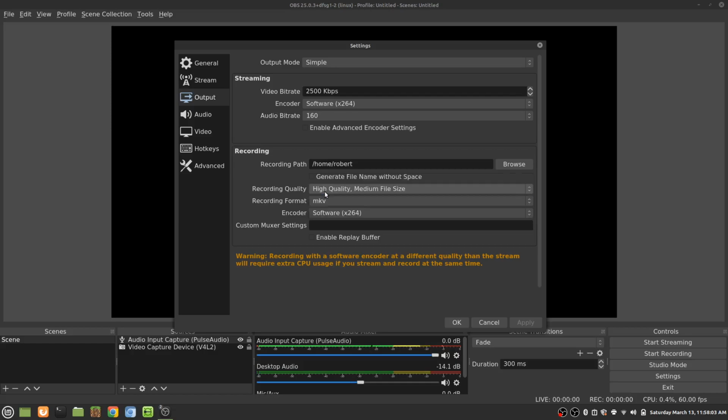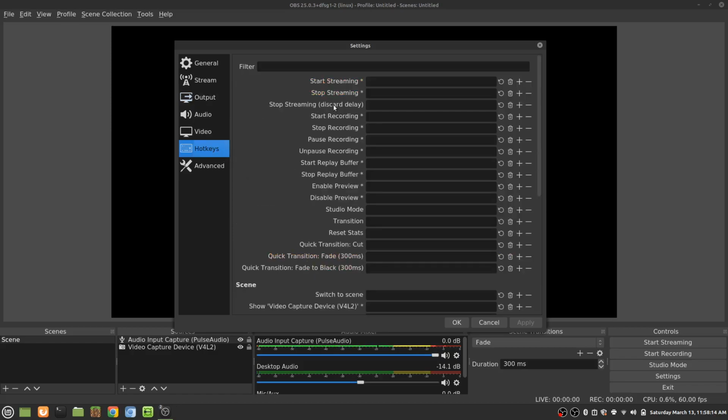And then I just prefer this, which is recording at 2K, which takes up a lot less space than 4K apparently. Then anyway, hotkeys, what I like to do is, so here,